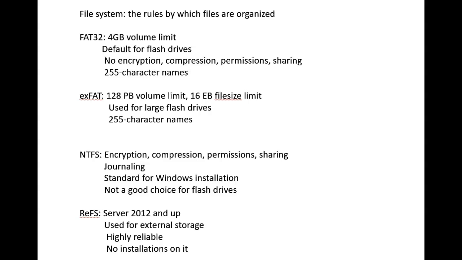In other words, you can't even install Windows to a ReFS disk if you want to. It can't be done. And you also can't install apps on a ReFS disk. So it is designed just for that storage. However, it is highly reliable, which is of course why we have Resilient, because of the reliability of it.